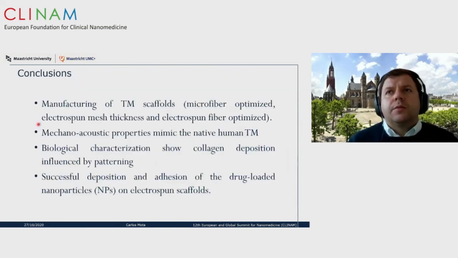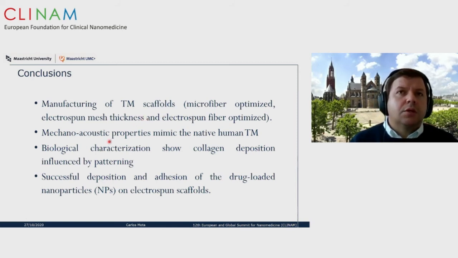So we used advanced fabrication techniques to produce electrospun meshes with the proper thickness that we aim for, mimicking the thickness of the human tympanic membrane. We also optimized the electrospinning technique to go more towards nano-sized fiber meshes. It's challenging to go to really nano-size with electrospinning, because there is a proper balance. Normally you can produce nano-sized fibers, but then you have a bead effect happening.